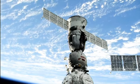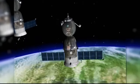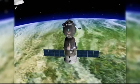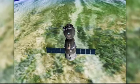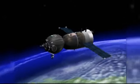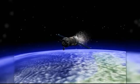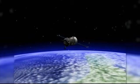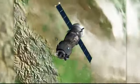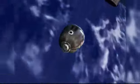The critical phase of the landing will begin with the undocking of the SOYUZ from the Prashal module, as you see in this animation, at 2:54 and 30 seconds a.m. Central Time. Two separation burns will create an opening rate by the SOYUZ to a safe distance away from the International Space Station for the firing of the engines and the deorbit burn, a 4-minute, 39-second retrograde firing that will slow the spacecraft down by 128 meters per second, allowing it to drop out of orbit. At 5:51 and 58 seconds a.m. Central Time, pyros will fire to separate the three sections of the SOYUZ, with the descent module, the center section, the only